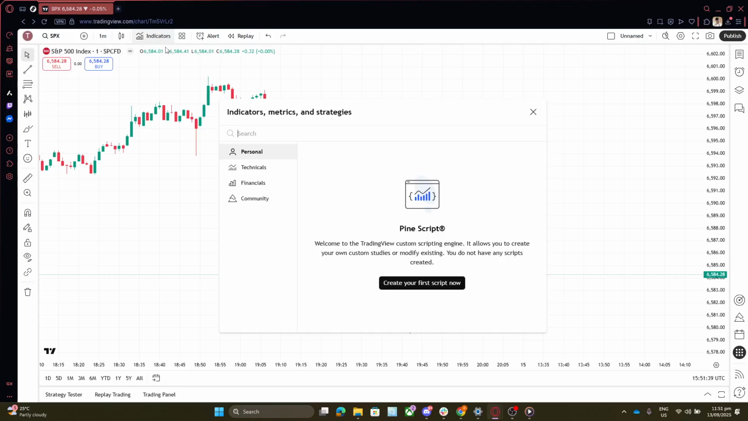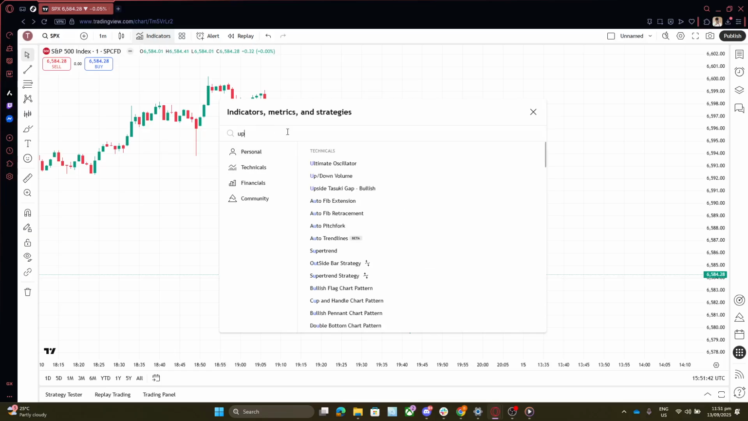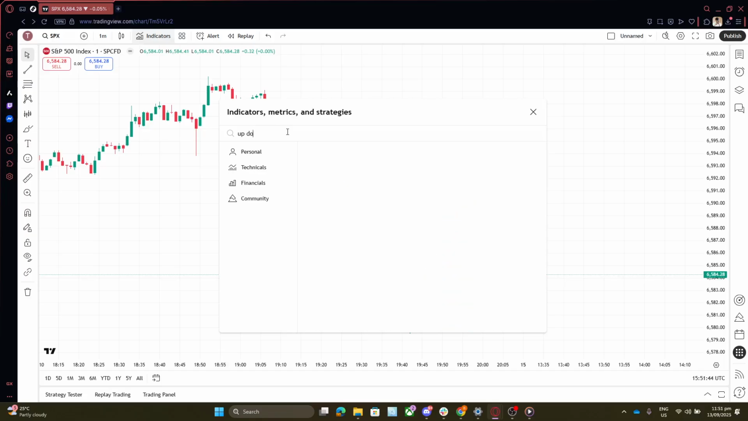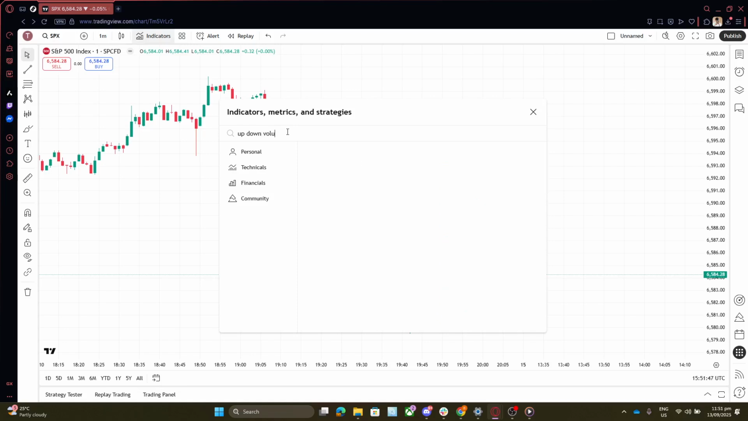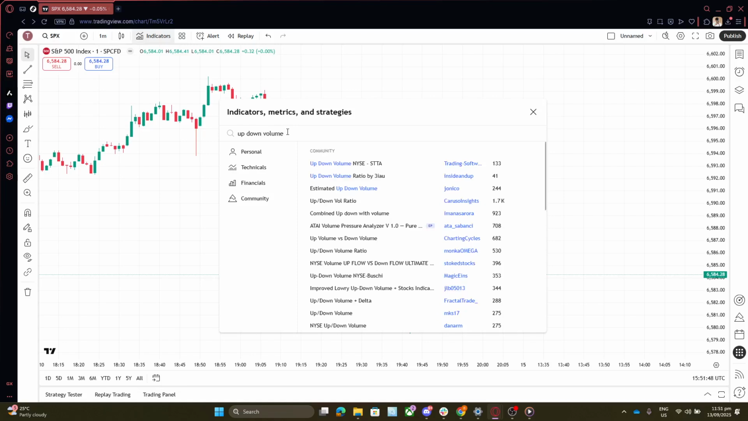Now, in this list, you'll want to search for up-down volume or any other volume-based indicator that meets your needs. This choice largely depends on your personal trading strategy, so feel free to experiment with different indicators to find what works best for you. Clicking on your chosen indicator will add it to your chart, where it will begin to